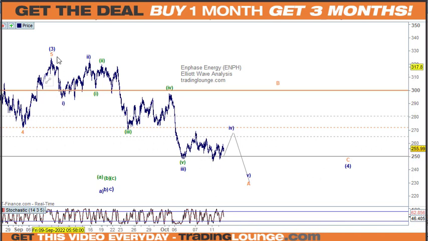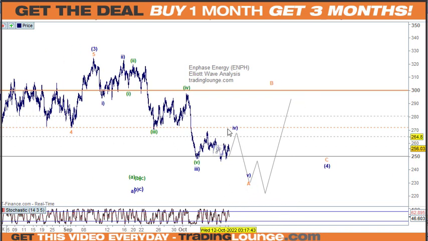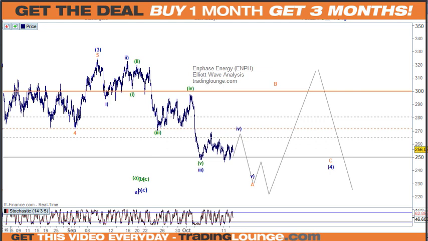I'm looking at this here as we had it as an A and a B, and we've had it as 1 and 2 before, and all the rest of it. So yeah, we might need to expand this down even a little bit further. There could be 2 more humps down here, actually, something like that before we see that B wave go back up. So anyway, all the markets need to finish off, and then they need to have a move up, and then they'll be having another move down at that point. But this particular stock needs to hold here at this stage. So anyway, not ready at this point.